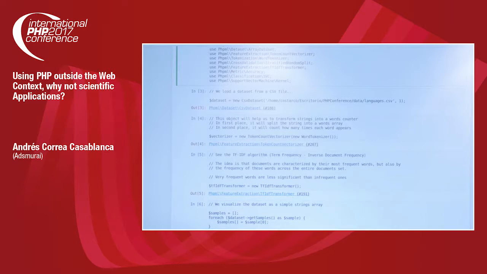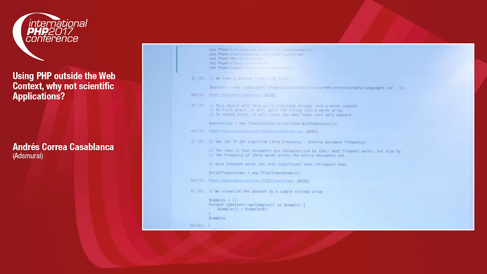This example comes from the PHP-ML list of examples, but I've ported it to a Jupyter notebook, and I added comments in order to be able to talk about that here. So we import the data set,